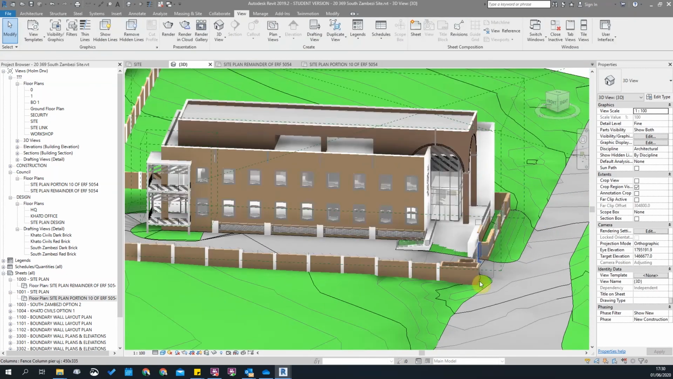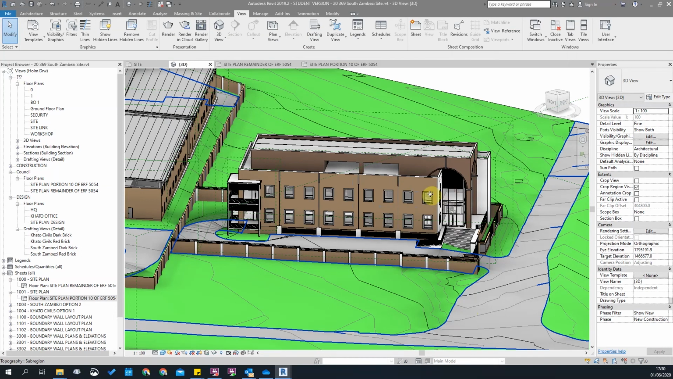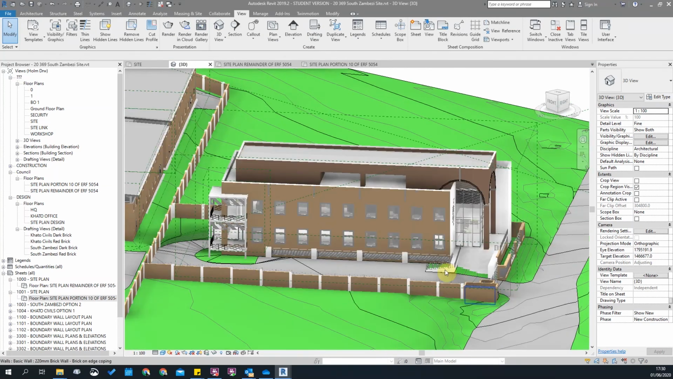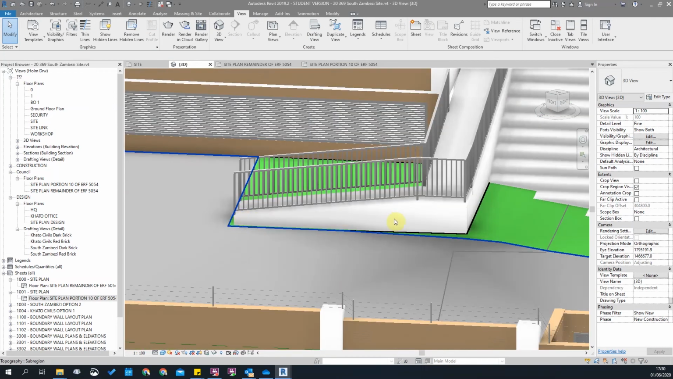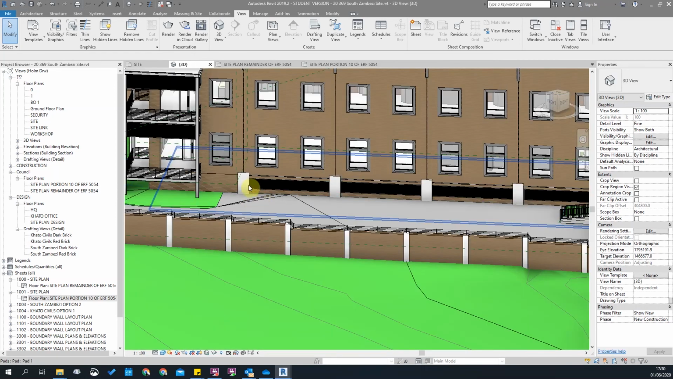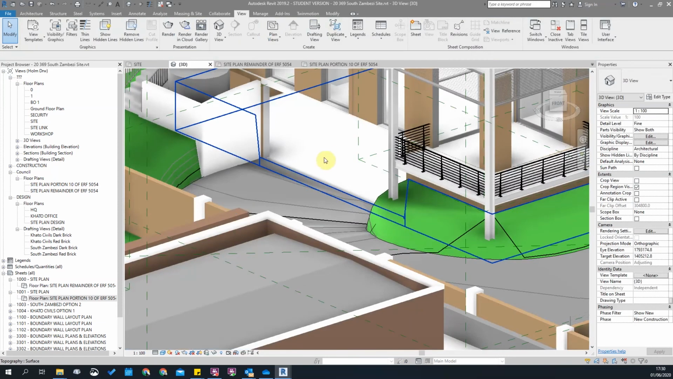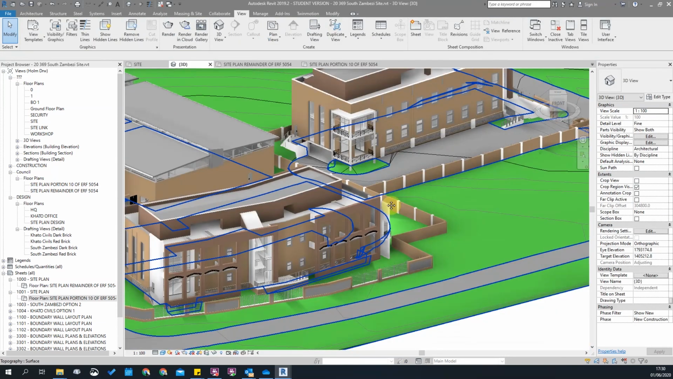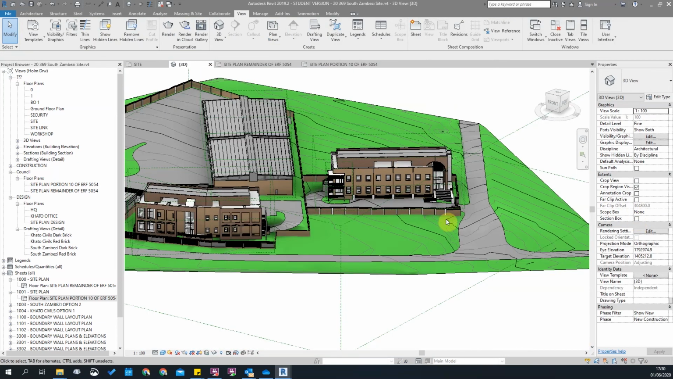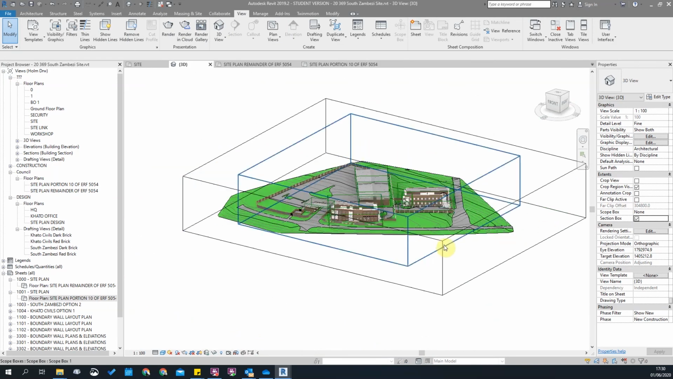I use the site information as a link so that when I'm busy working in these buildings, I can get the stairs correct, I can get the ramps at the right level, for example. I can then make sure that my basement's at the correct level so that these meet correctly. So in essence, if I grab a section box very quickly and I start cutting through this,